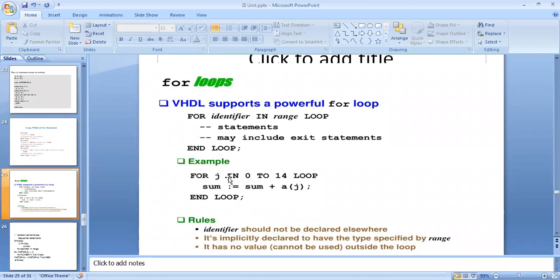For the next iteration, the j value is incremented by 1 and j is considered as 1. Therefore, sum equal to, already in sum we have 0, plus j, which means 1. So now in the sum we have a value of 1. For the next iteration, j is incremented again and goes to 2. So in this iteration, sum equal to 1 plus 2. Like that, the loop is repeated until